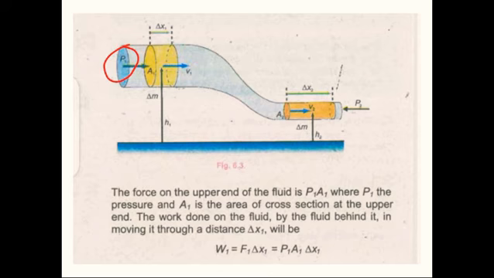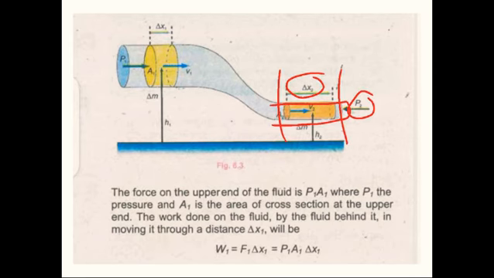P1 is the pressure exerted on the fluid entering the pipe, delta x1 is the length which we have taken under consideration, A1 is the area of this upper end, V1 is the speed of this fluid, and delta m is the mass of the fluid taken under consideration along this upper end of the pipe. While at the narrow end, P2 is the pressure exerted on the particles of the fluid, and delta x2 is the length under consideration.